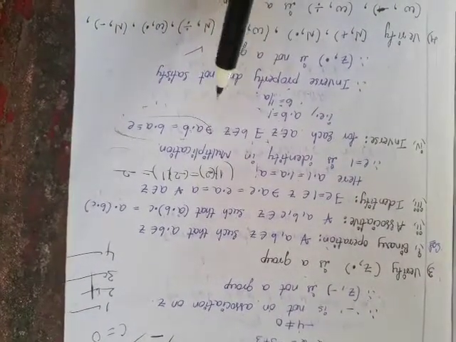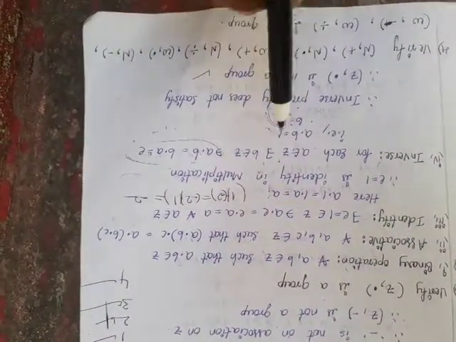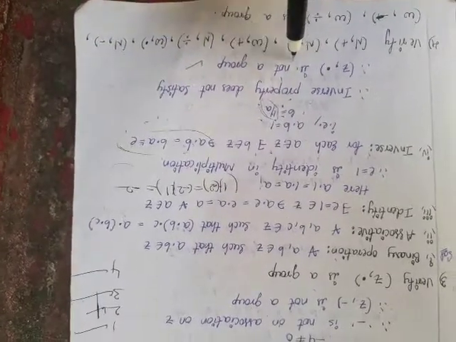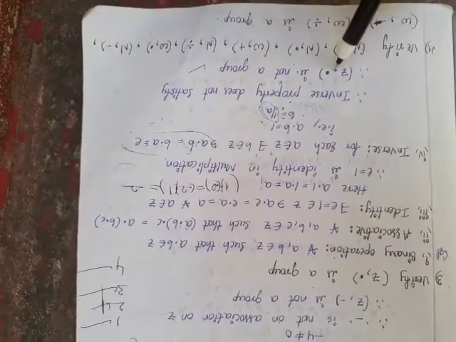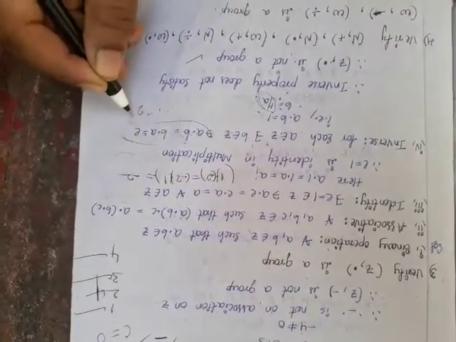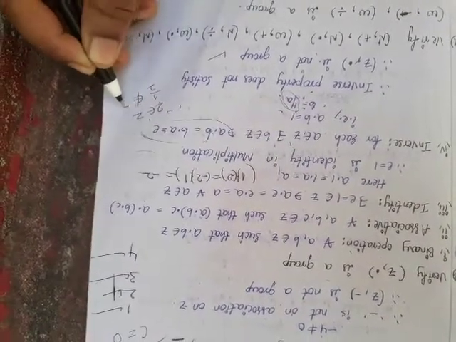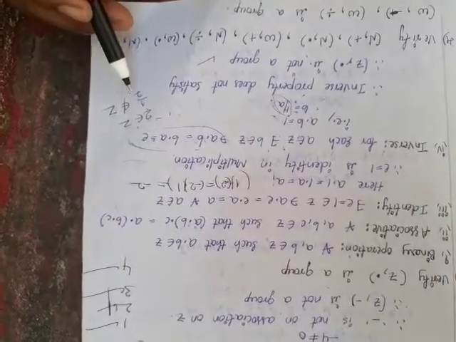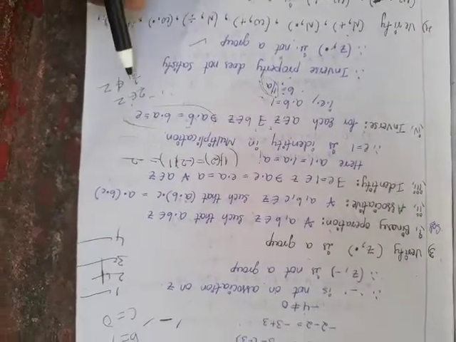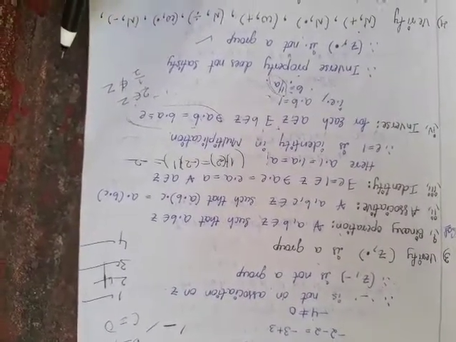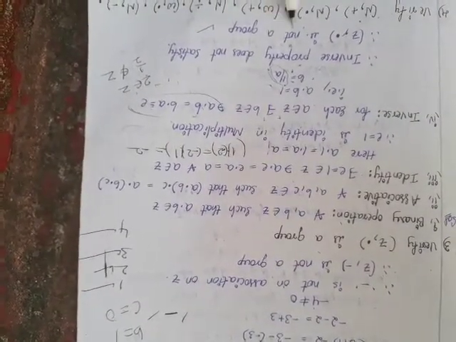Z contains only integers, and this is in the form of a fraction. Fractions are not contained in capital Z. So therefore the inverse property is not satisfied. Nothing but, if 2 belongs to Z, what is the inverse of 2? 1 by 2 does not belong to Z. So Z does not contain any fractions. So the inverse property is not satisfied. Therefore Z comma dot is not a group.